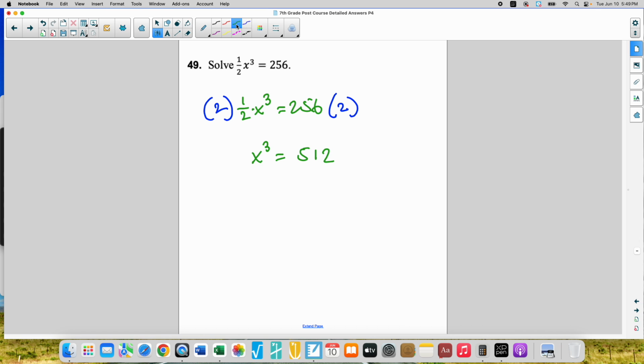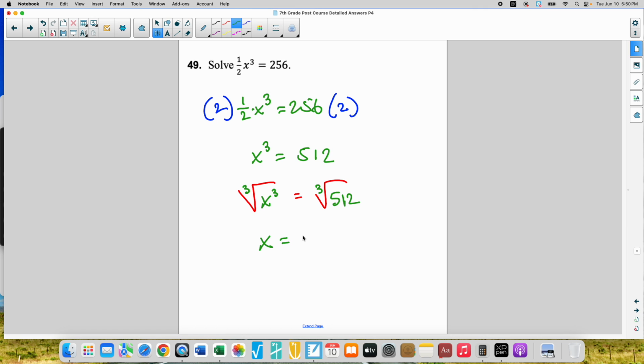Yep. And now we're going to take the cube root. The cube root, we don't have to worry about plus or minus, remember. And we have to write cube in these. It's not understood, so you have to write that. And that is going to give me, these will cancel, x equals, I want to say,